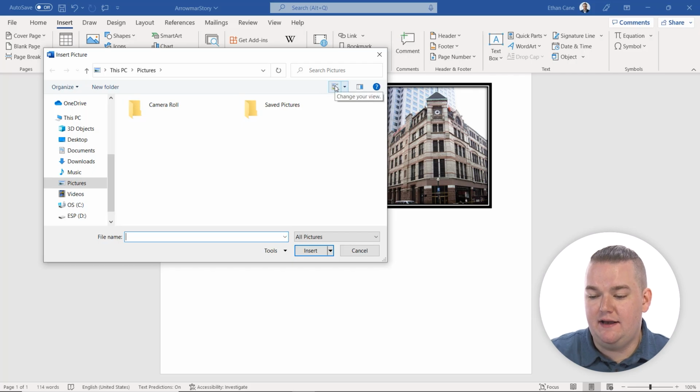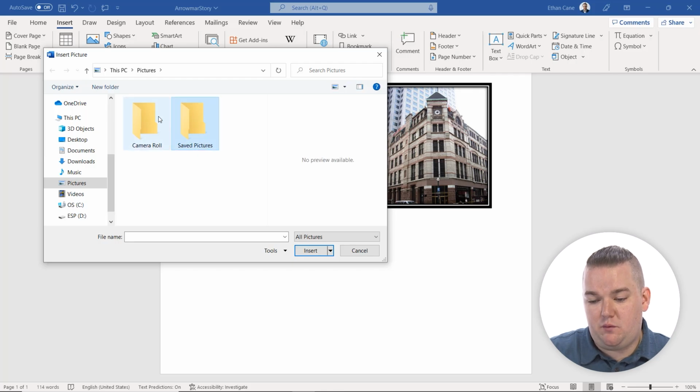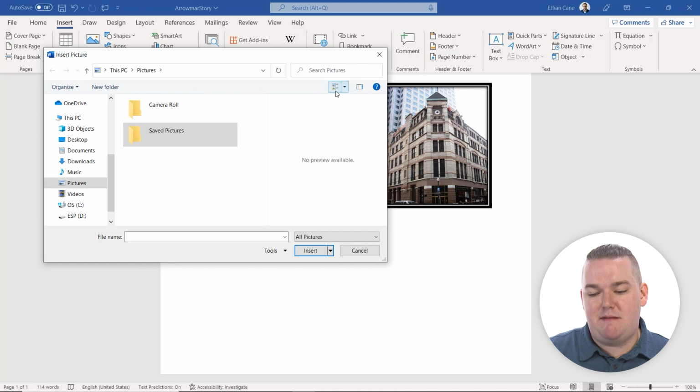You can see here we've got a number of different options for how to view these files, as well as there's a preview pane. So if you click on one of them, these are just folders, so there's no preview available. But if they were images, they would have a preview of that image available here. You can also have it show them as icons. That might make it a little bit easier to find a particular picture that you're looking for. So again, you would just select whichever picture you wanted to add, press Insert,